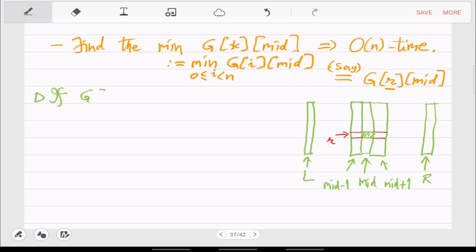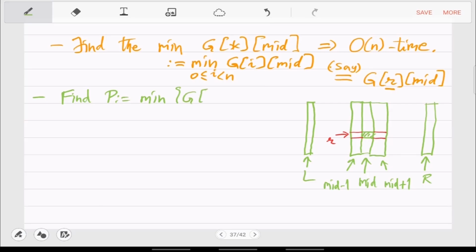So if GR mid, or let me say, calculate the minimum of these three. Yeah, so that's a new thing.